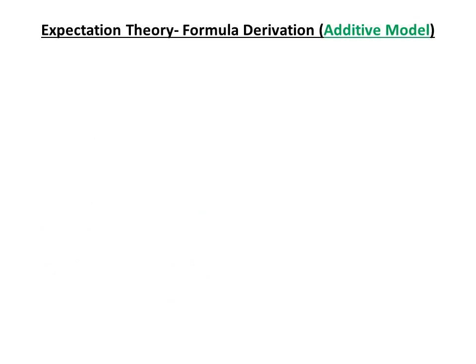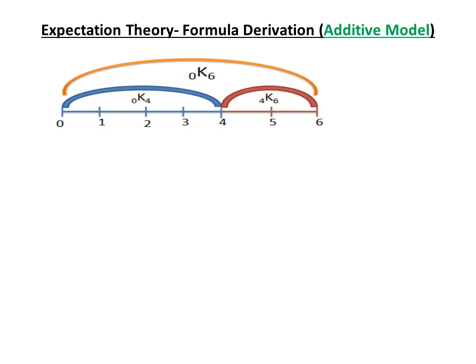Now we are going to the expectation theory formula derivation process. This is the additive model. Have a look on the timeline. 0, 1, 2, 3, 4, 5, 6 is the number of years, and the interest rate from 0 to 6, 0K6, is the orange line. So 0K6 is the interest rate of the 6-year security,